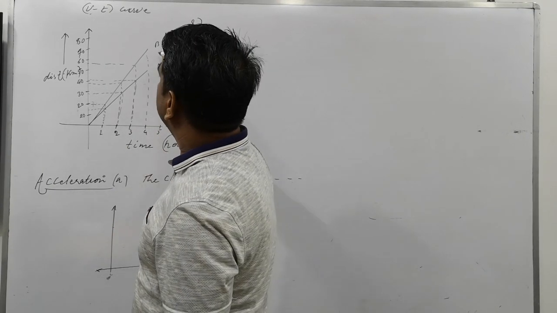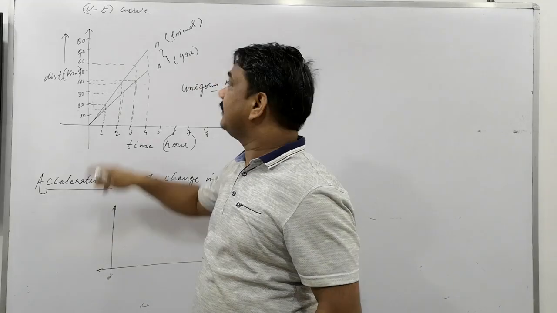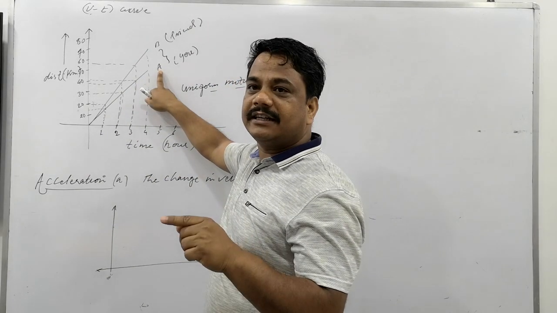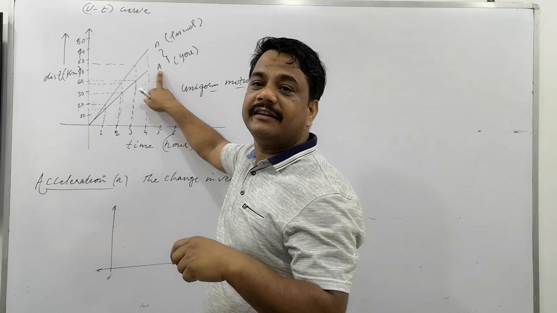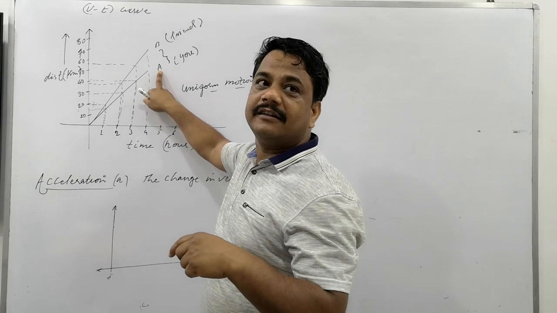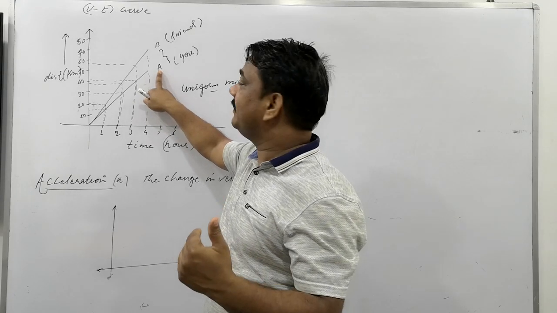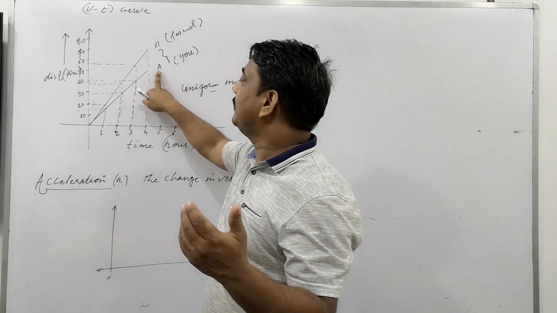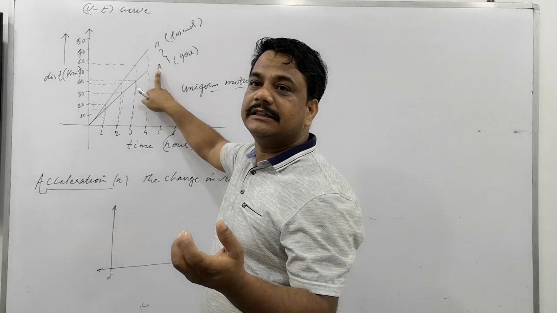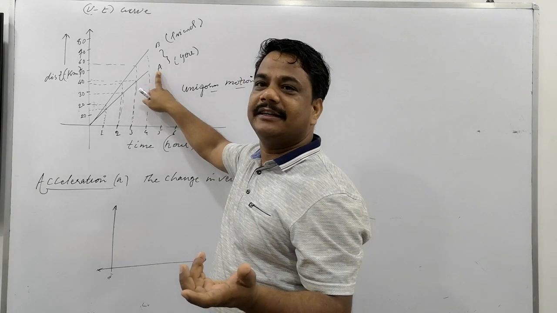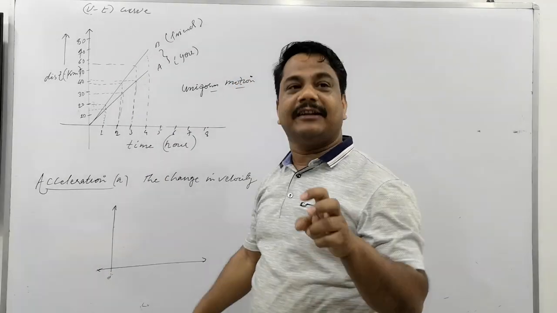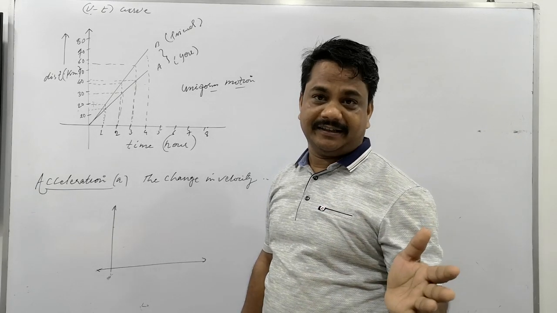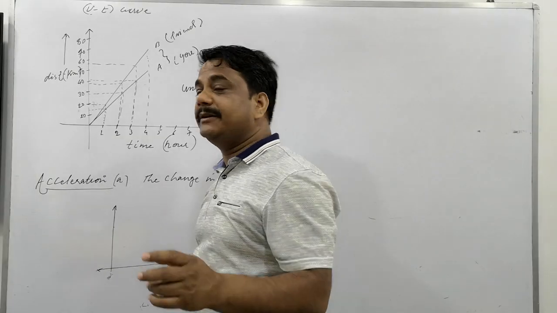So look at this please. For these two situations, we have drawn the xt curve here. This object is traveling equal distance in equal time. What about its velocity? Is it increasing? It is not increasing here. It is traveling equal distance in equal time intervals, so they are moving with constant speed or velocity. Is that clear?